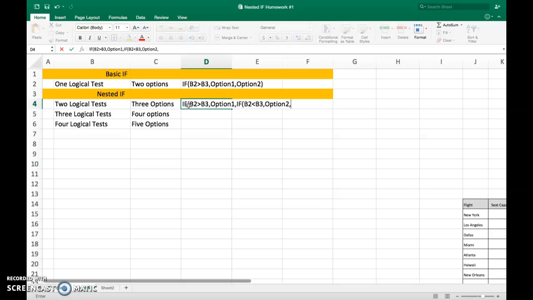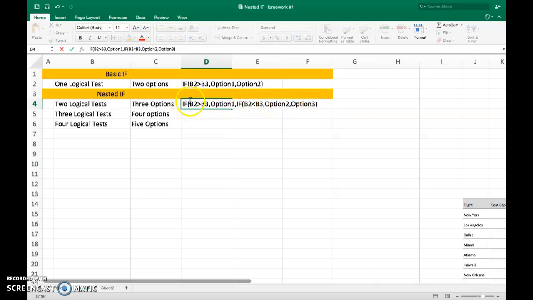Then automatically we know we're going with that last option, which is our false option, option 3. And so you would have fulfilled all of the options, option 1, option 2, and option 3. And at the end, I closed off this if function